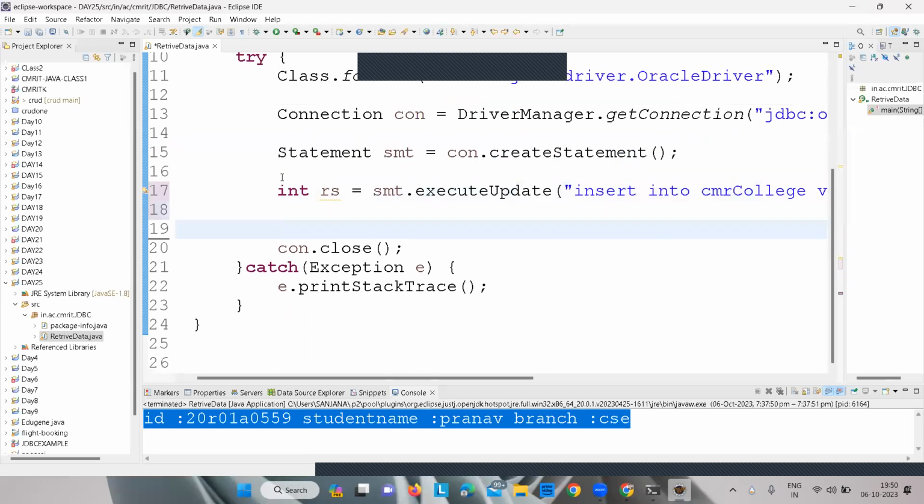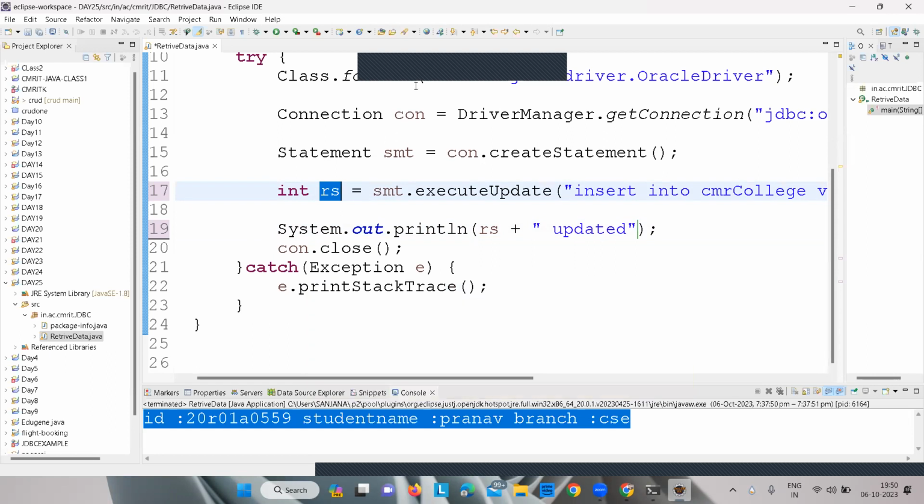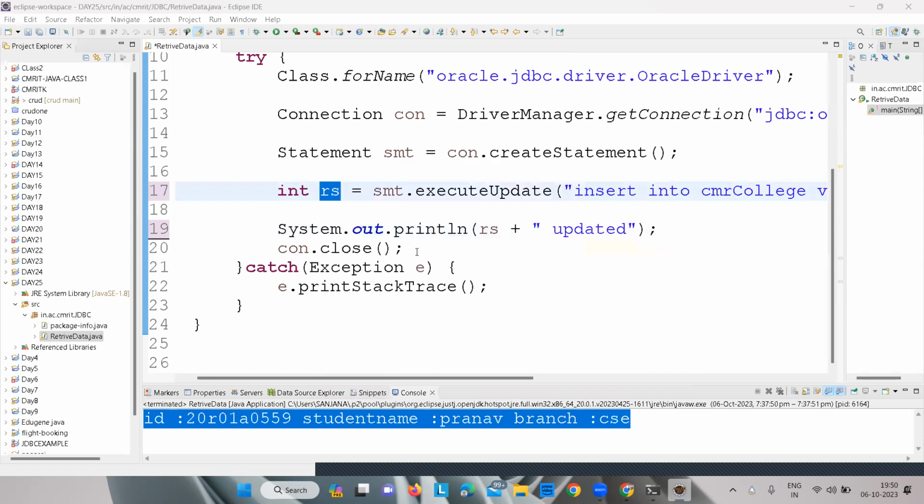For processing the result, I'll say sys out, rs plus updated. What this rs returns is an integer, which is 1. Whenever the data is updated, it returns 1, like one row got updated. Just see, if I save this one and run this one,